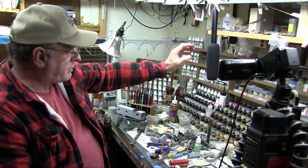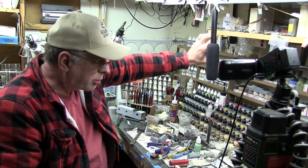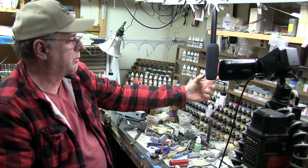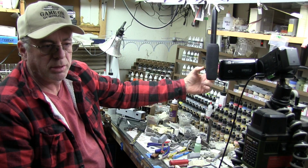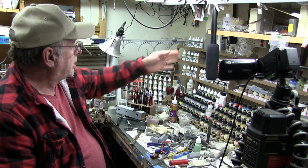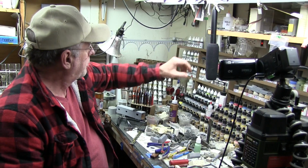So I think I'm going to, I don't know if I'm going to get rid of this shelf or not, probably. But if I do shelves on the wall, I think they're going to be very shallow depth, maybe 3 or 4 inches front to back. I might even do a kind of cubby hole system where they're just little places where I can